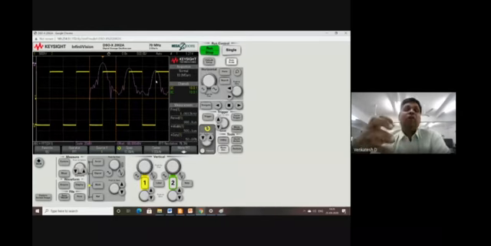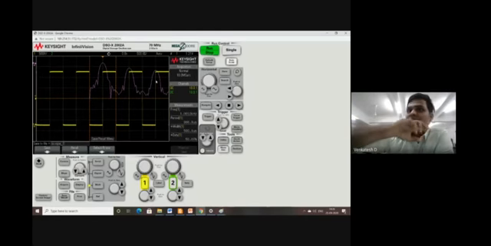So these real-time results can be stored. Either it can be taken as an image, or it can be taken as a CSV file, which can be utilized for further design or further analysis. The signals can be stored, and for that we have a save button. And if you want to store, what type of format do you want to store?